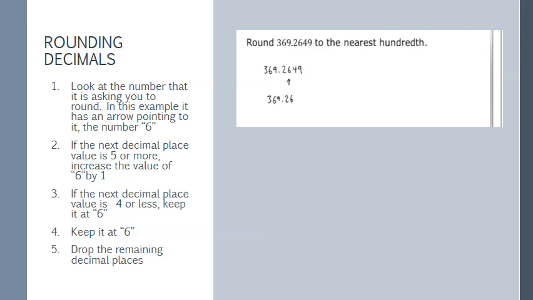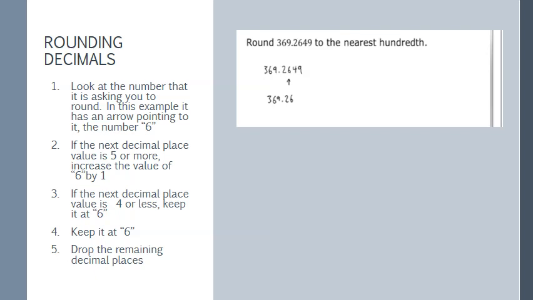The number that we're asked to round to the nearest hundredth is 369.2649. Obviously the first thing you want to do is find out what our round off digit is and find out what we're rounding. We're rounding to the nearest hundredth. Since we've memorized our hundredth position, we can point an arrow to the 6 because that's the hundredth position. The next thing we want to do is look at the number to the right of that